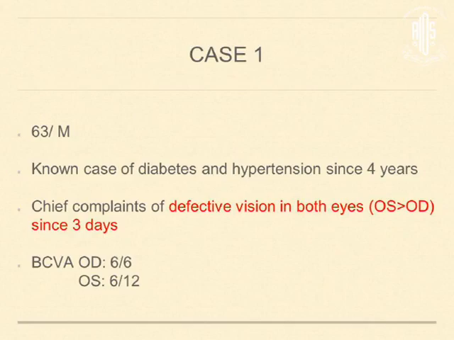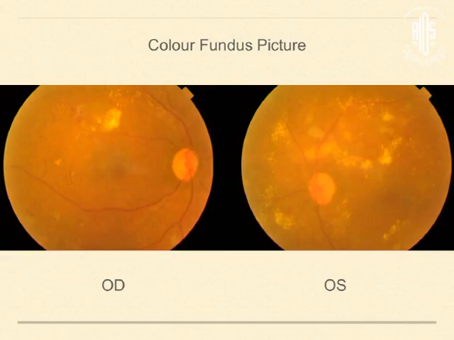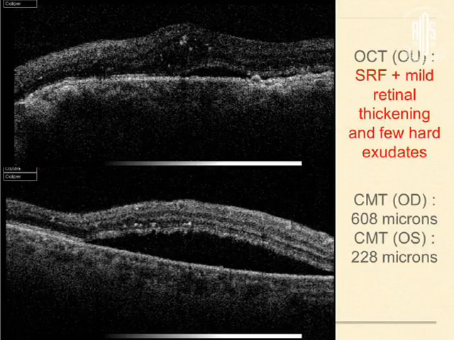I will put a few case scenarios wherein we really need to look at diabetic macular edema. A diabetic hypertension patient with defective vision in both eyes since 3 days. Here a lot of hard exudates are there. You have cotton wool spots here and macular edema, but OCT shows bilateral macular serous detachment, especially the left eye